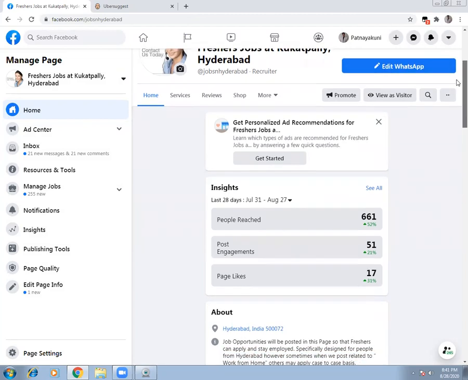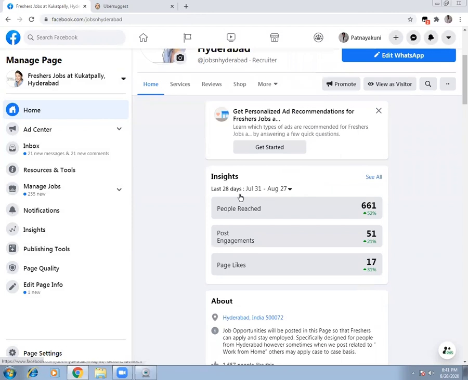Now, when you go down, you can see the statistics, the insights. In the last 28 days, there are 661 people who were targeted through my posts, and the post engagements. That means these people might have forwarded or shared my post with 51 people.